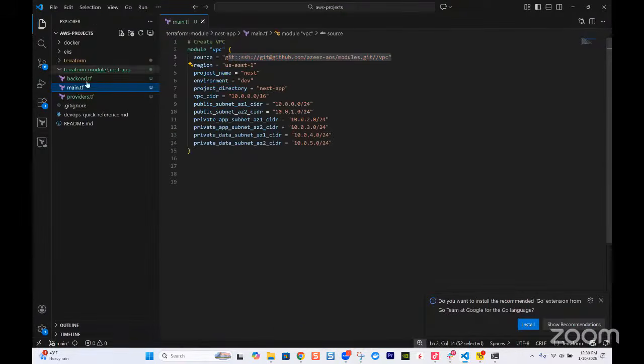Another thing you guys can do is, anytime your Terraform syntax is like this, once you type everything, don't worry about